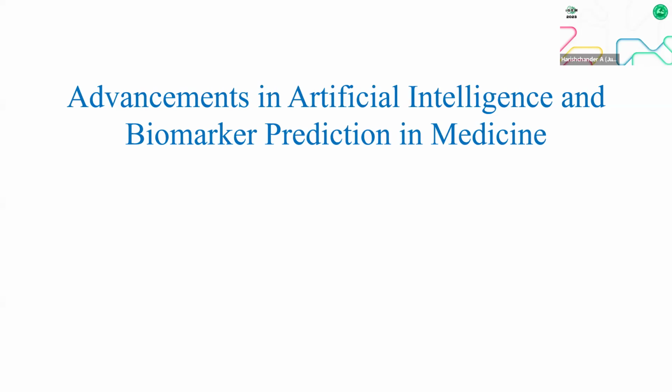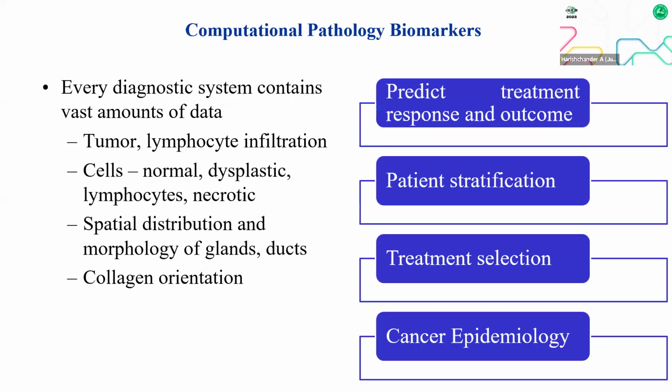Intelligence and biomarker prediction in medicine. As we know, we have seen a lot of computational genomics, proteomics, and radiomics studies. Today, the topic is a concept called pathomics. Most people work on basic diagnostic data at the gene level or the mutation level, at most the genome level. But what happens in the system is the key here.